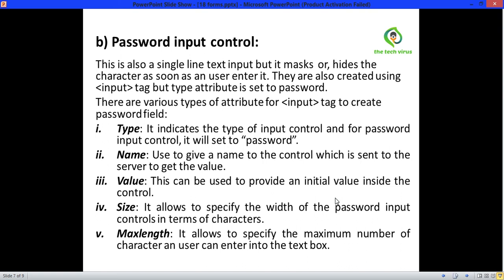Name, used to give a name to the control which is sent to the server to get the value. Value can be used to provide an initial value inside the control. Size, it allows to specify the width of the password input control in terms of characters. Max length, it allows to specify the maximum number of characters a user can enter into the text box.